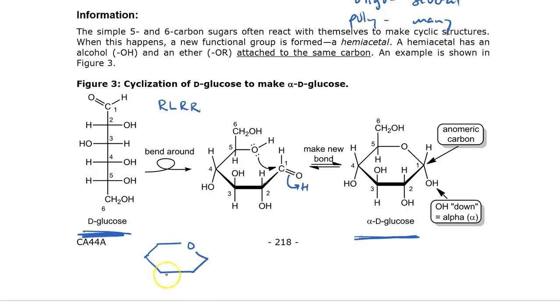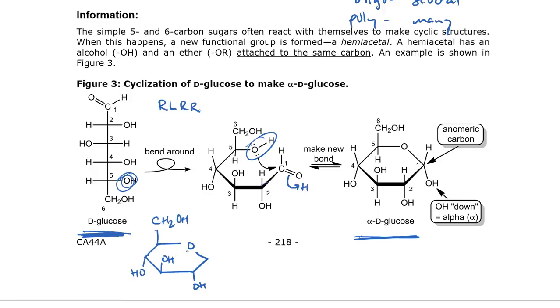And then when I follow my carbons around, if they were on the right, they go down. So this is number 2, so it goes down. Left is up. Right is down again. And then right. So you actually have to remember that that one is already drawn because it's sort of down compared to the up. And the up is going to be carbon 6, which is a CH2OH. The down is that O, which was that OH, which is already drawn. So right, left, right, right becomes down, up, down, down.